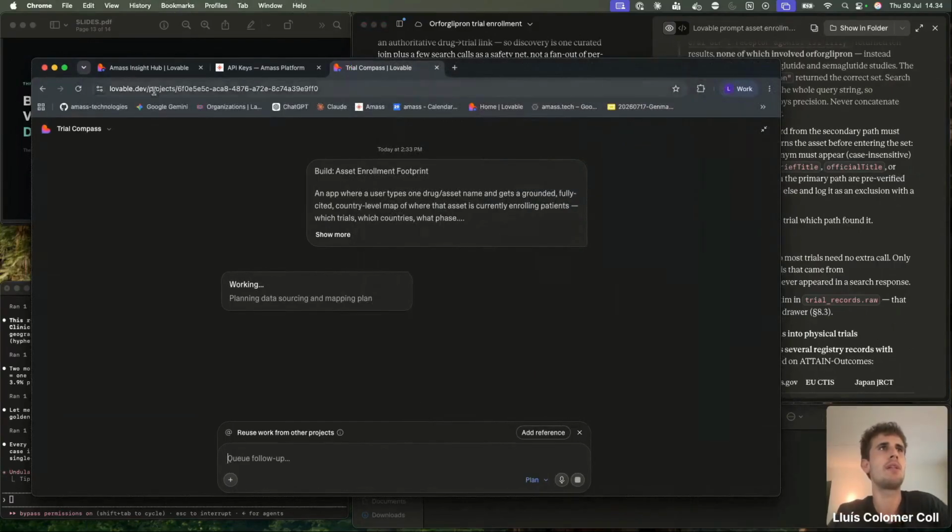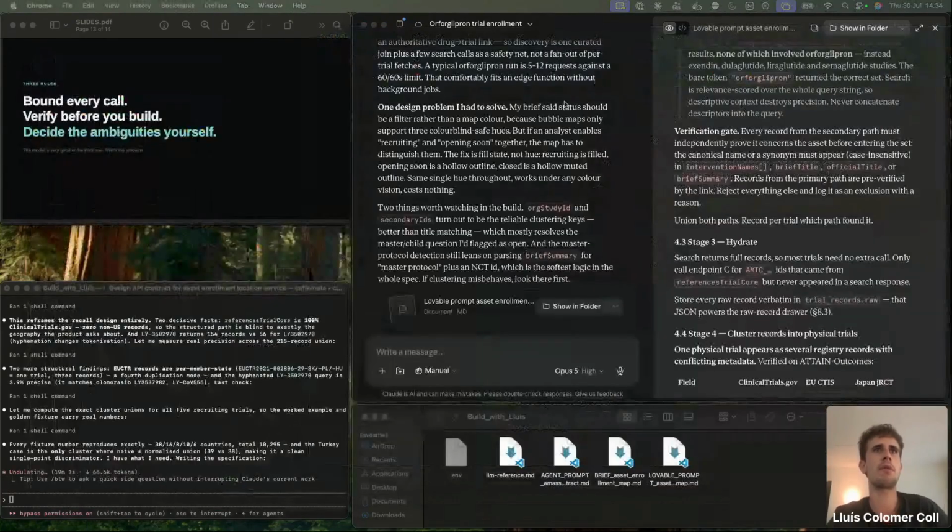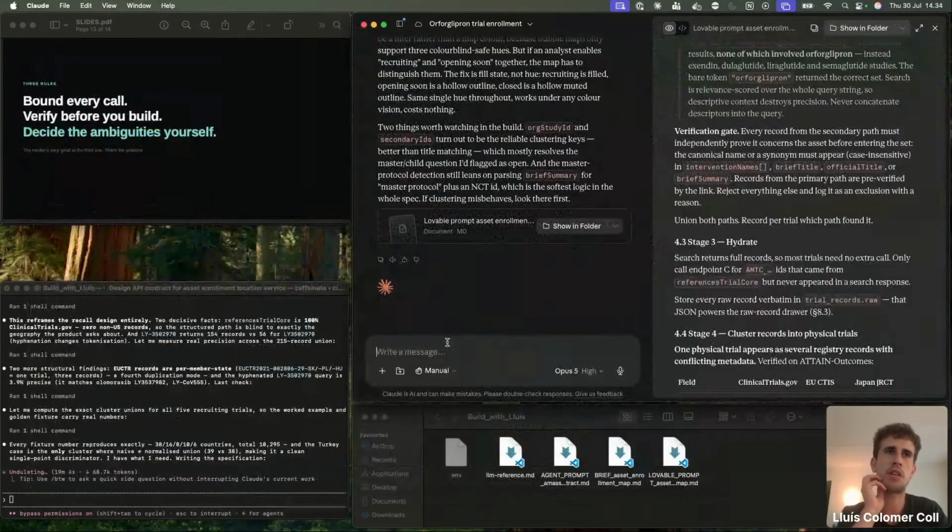And while both of these things are working, it's probably going to take 5 minutes nowadays. It's not that straightforward. What we're going to do now is try to see how we can save all these learnings into reusable skills and reusable workflows, so next time we want to build an internal tool for our team, we don't have to go through this.